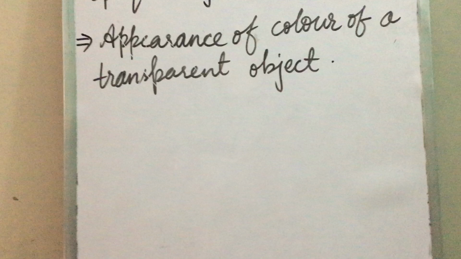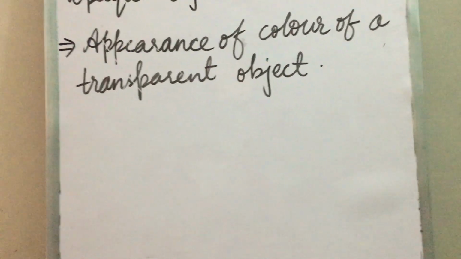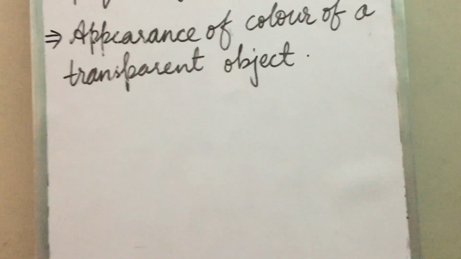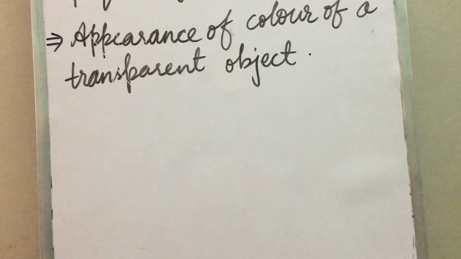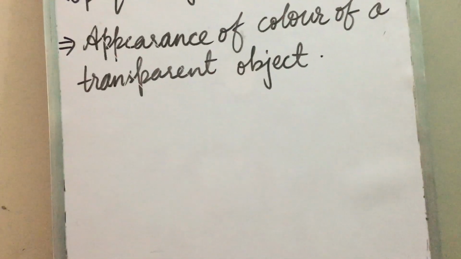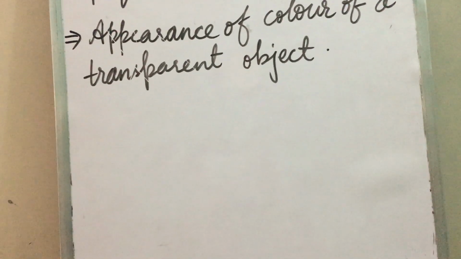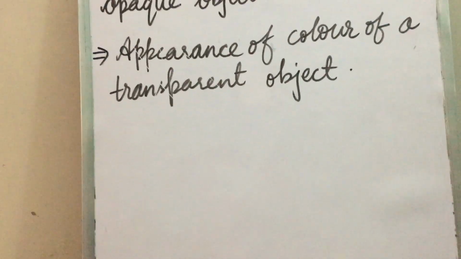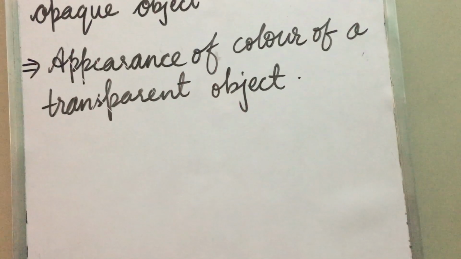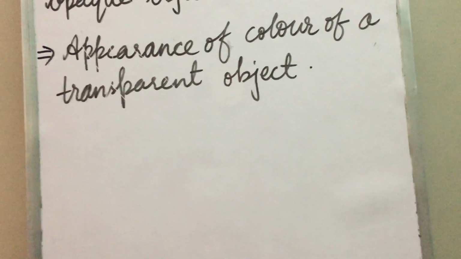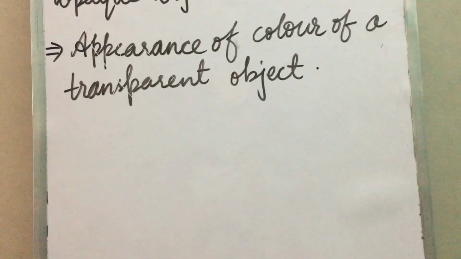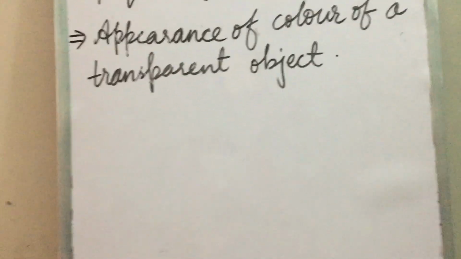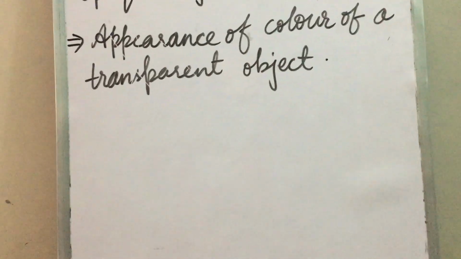But when that rose is seen in blue light, what will happen? When it is seen in blue light, it will absorb all the blue light and the red rose will be seen as black. But what will happen when we give red light to it? The whole red light is reflected back by the red rose, due to which the red rose will appear more bright red in color.